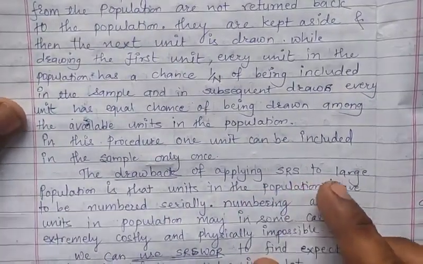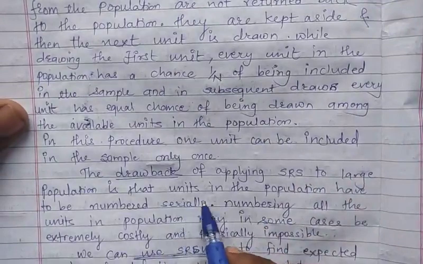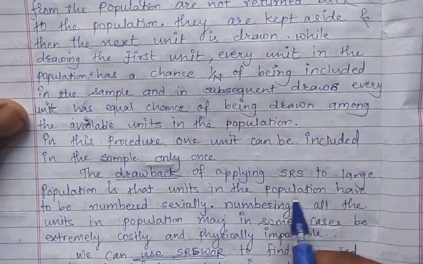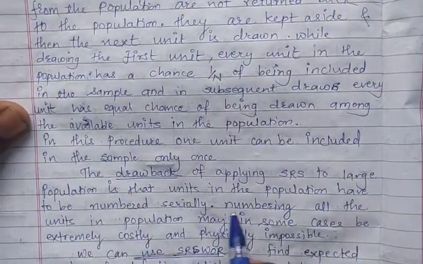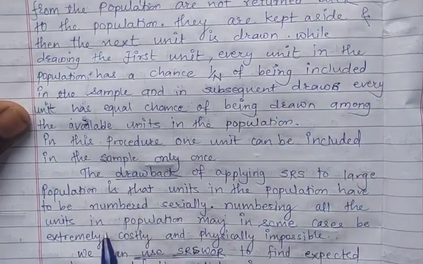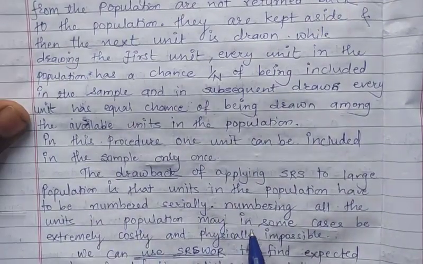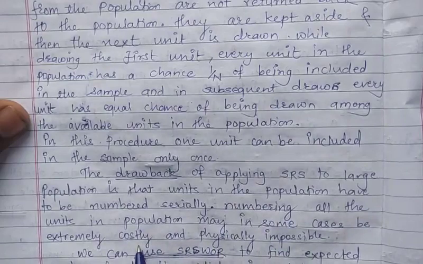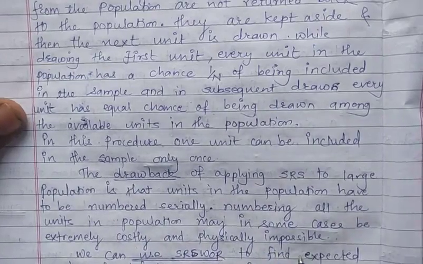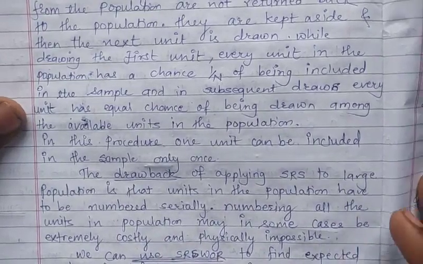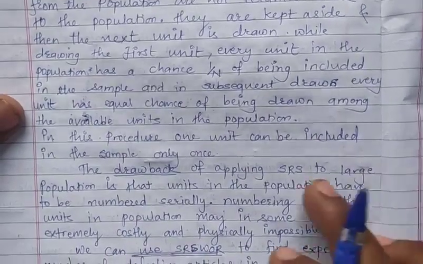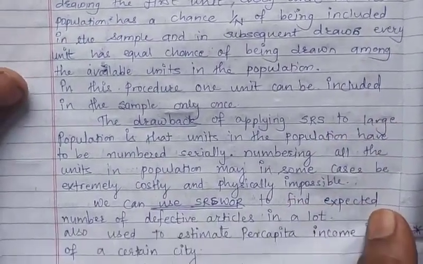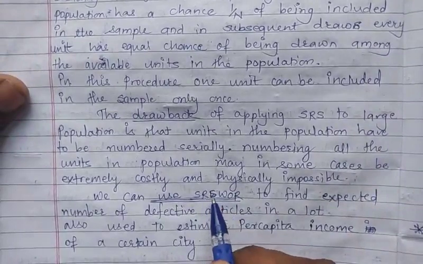Applying simple random sampling to a large population requires that the units in the population be numbered serially. Numbering all the units in a population may in some cases be extremely costly and physically impossible. So that's the drawback of simple random sampling. Now we can use simple random sampling without